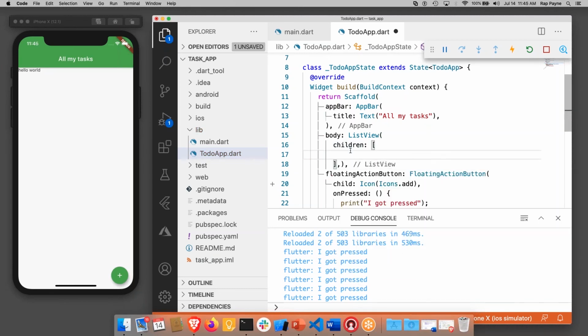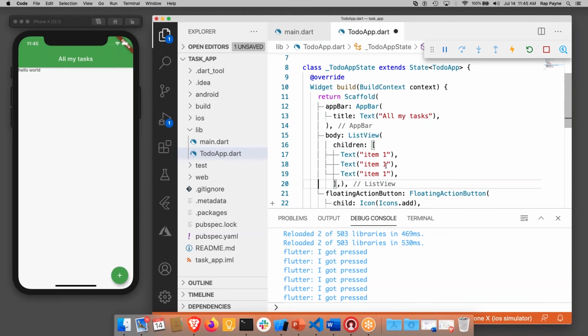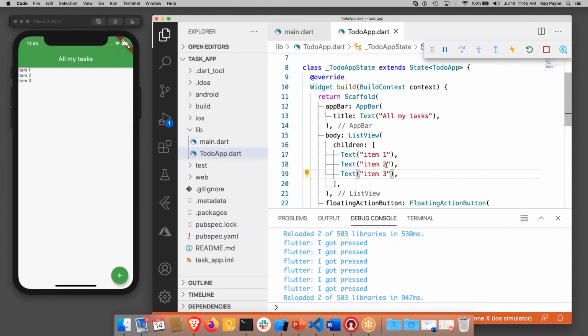Okay, so in here I'll just put a couple of things just so you can see. I'll put in the text, item 1, comma, and copy and paste. So we'll just say that there's like 3 items in here. And again, I'll refresh, save. There you go. Okay, so we now have some items in there, which is great